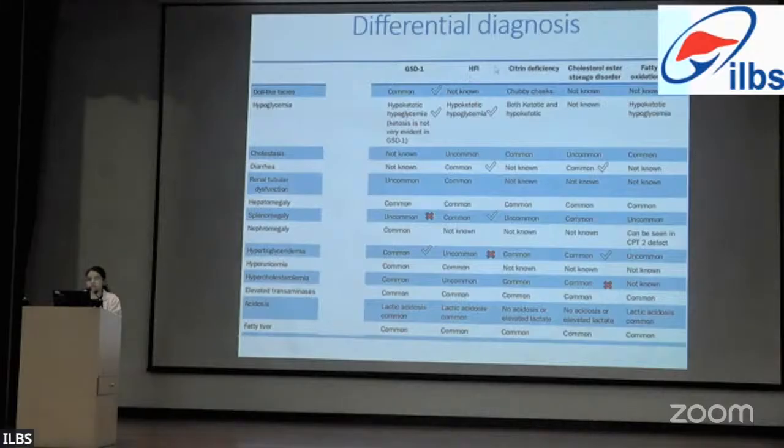Coming to hereditary fructose intolerance, the child had hypoglycemia and episodes of diarrhea, which could fit with hereditary fructose intolerance, and splenomegaly could also be explained. But it is not common to have elevated triglyceride levels. Coming to cholesterol ester storage disorder, diarrhea is a common presentation in up to 20 to 25% of these patients, and they can have hypertriglyceridemia as well as low HDL, which was also seen in this child. But these patients usually have elevated cholesterol levels as well, which was not present in our patient.